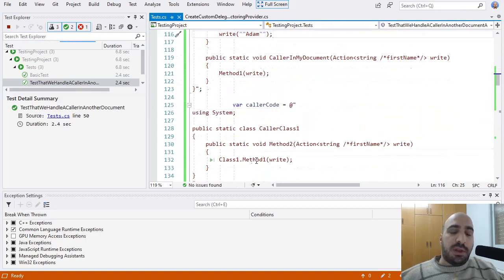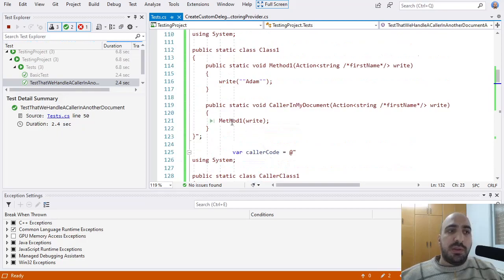So for the second caller here, the parent is a member access expression because here we are in another class. We have to have a member access expression here. We have to specify the class name and then dot and then the method name. Now in this caller, because we are in the same class, I didn't have to specify class 1 here. I didn't have to do this.